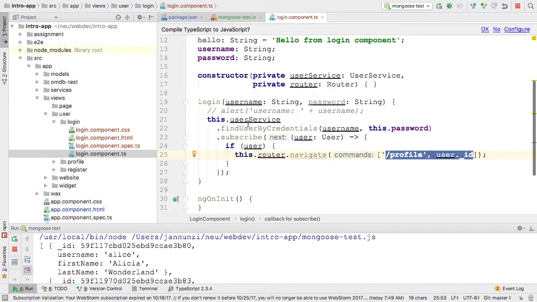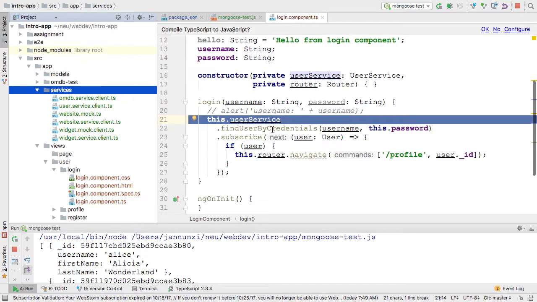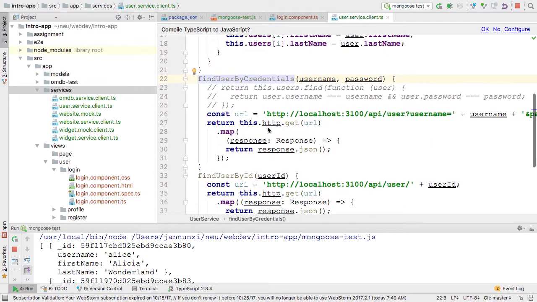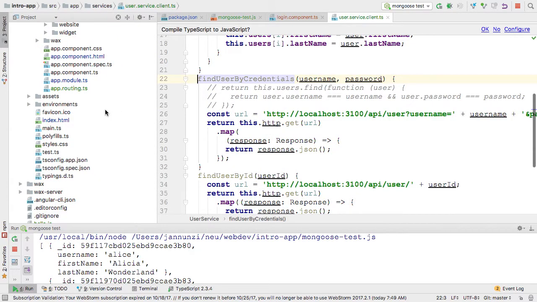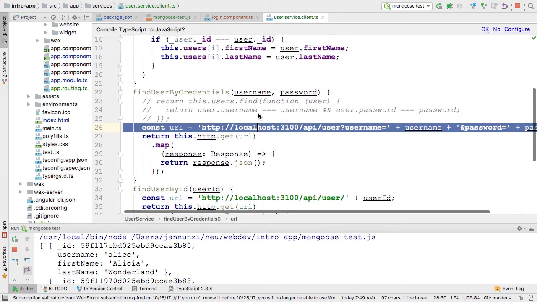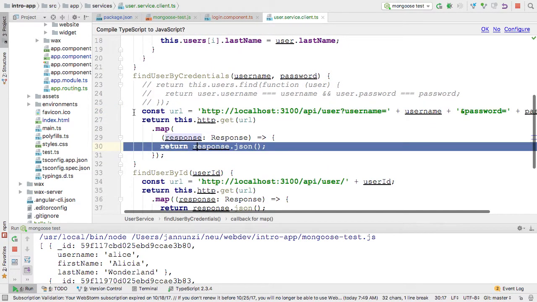and password, and then uses a user service to go fetch to see if this user exists. It uses a client user service that is declared over here, user service find by credentials. This user service sends the request back to the server through an HTTP request, passing in the username and password, and then waits for the response to come back from the